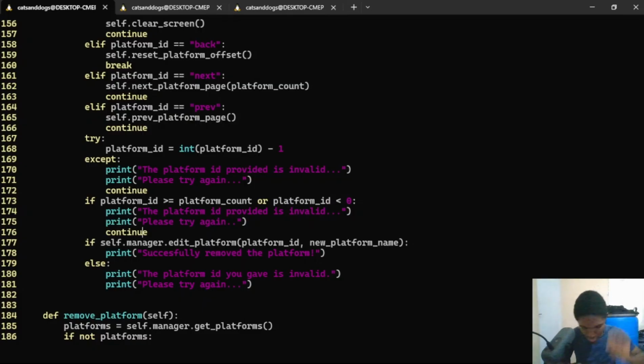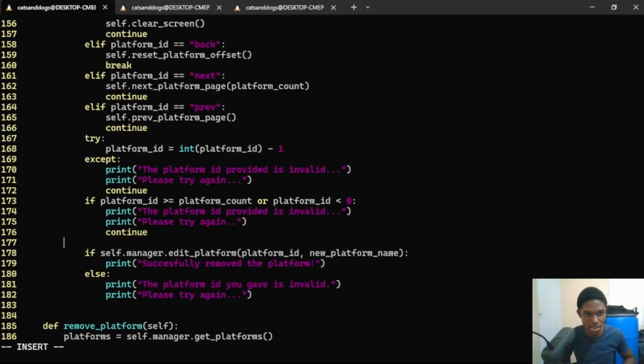Now, if the option that they input is valid, we'll get the actual new platform name. So we'll say new_platform_name equals input, enter the new name of the platform,